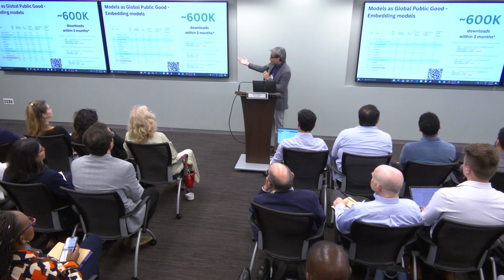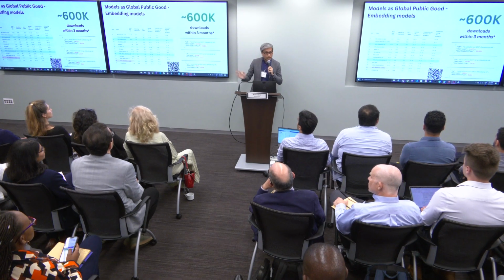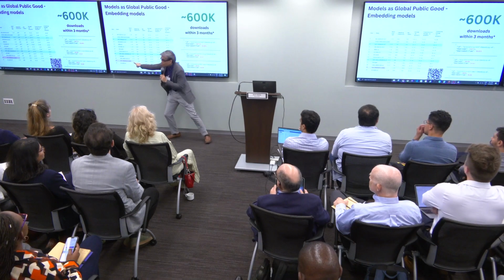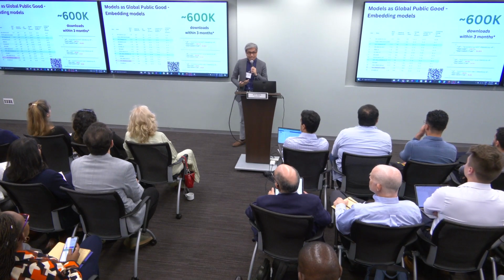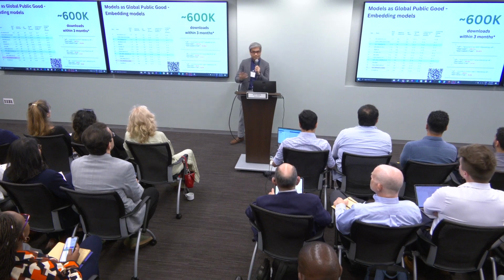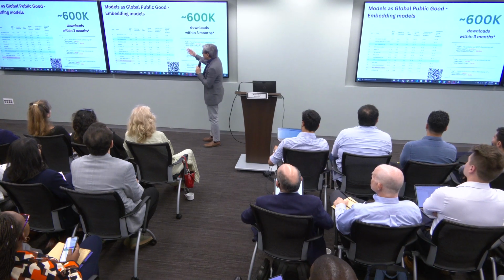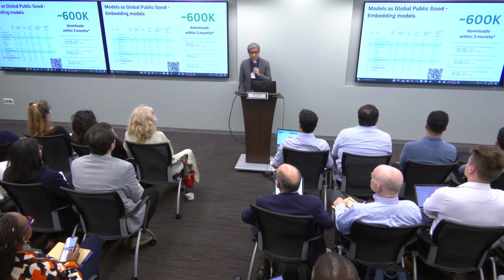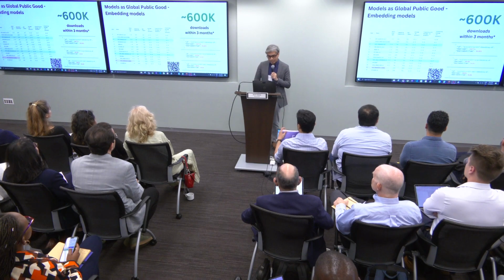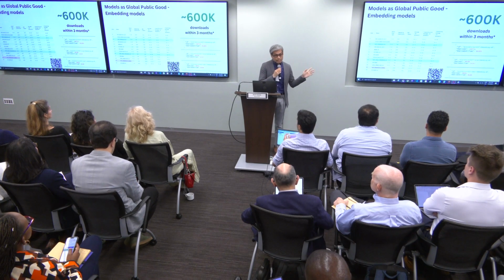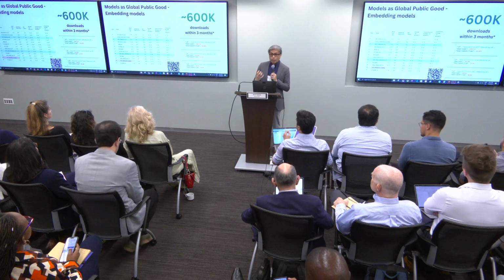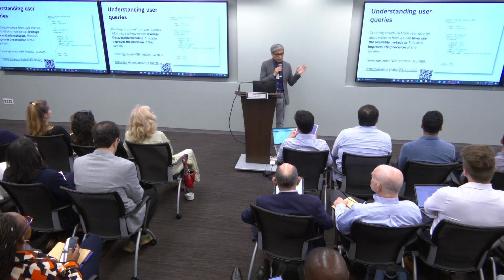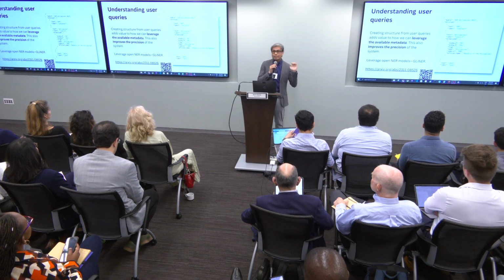What that means is that we have published our embedding models on Hugging Face in the embedding leaderboard, and actually, this is OpenAI's. And basically what we say is that we can compete with large companies. And just within the span of 3 months, these models that we published have already gotten about 600,000 downloads. And I can only imagine the different use cases that these people have used these very small but powerful models for global public good. But at the same time, finding information just through semantic search is not enough.